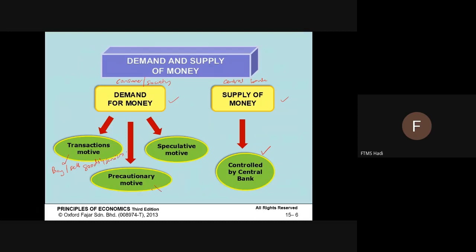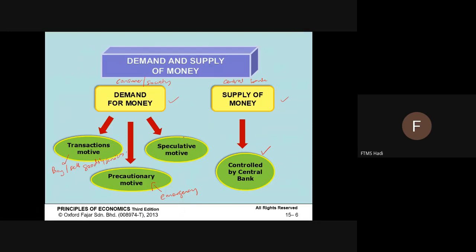The precautionary motive means that they use money if any emergency happens. If something happens in your future, you have no option but are forced to spend. For example, if you get a flat tire, you have no choice but to spend money to replace the tire. Or if you are sick, you have to go to hospital and pay some medical expenses. Even ransom is also considered emergency money. Ransom means that if someone has been kidnapped and they ask for ransom money, you're forced to pay it to the abductor.